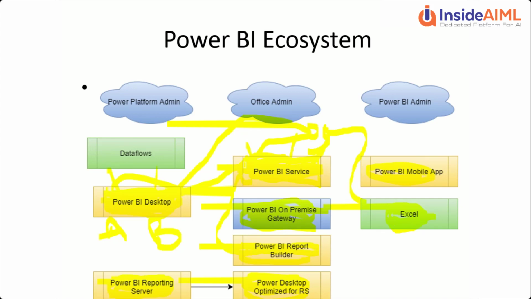Now when you are doing this in Power BI, you will need a lot of administration, like who all should be able to see the gateways, who all should be able to see reports in Power BI service, who should have access to Power BI admin, who should be able to control those accesses, or who should be able to control the Power BI gateway. So these permissions are lying in different places in platform administration, which is going to deal with the Power BI on-premises gateway, as well as the Power BI admin, which is also going to control the permissions for the on-premises gateway.